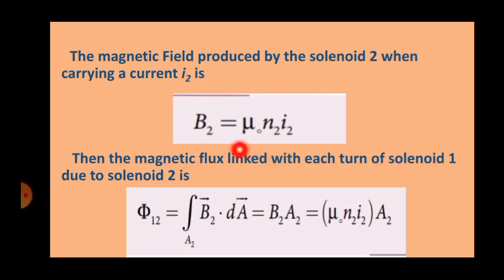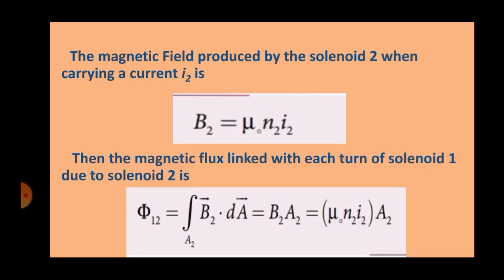The magnetic field is uniform inside solenoid 2, but outside the solenoid it is almost 0. Therefore, for solenoid 1, the area A2 is the effective area over which the magnetic field B2 is present,